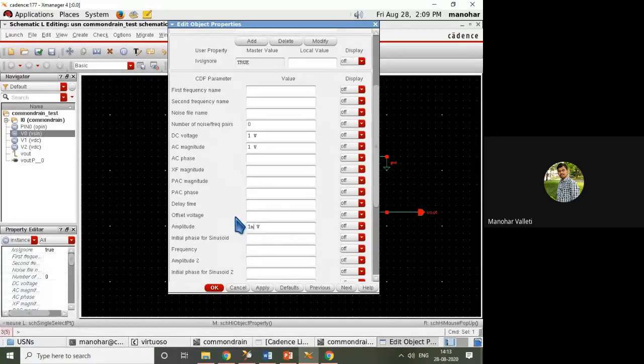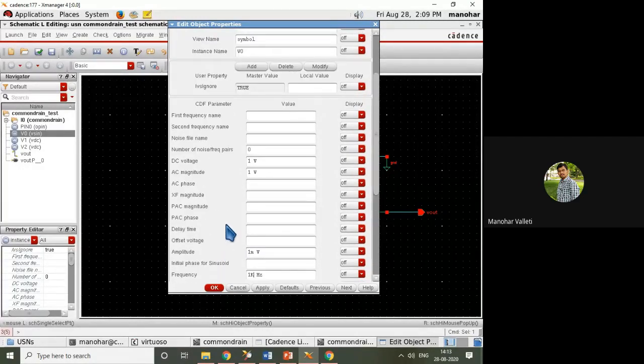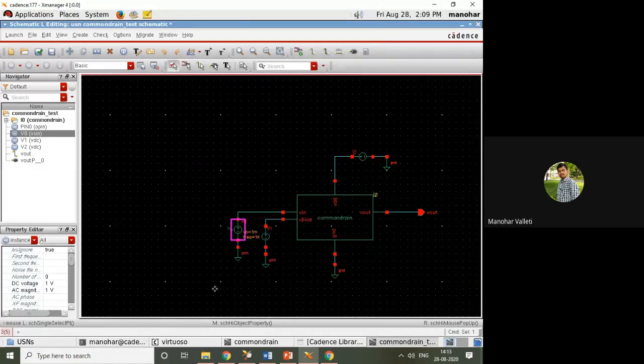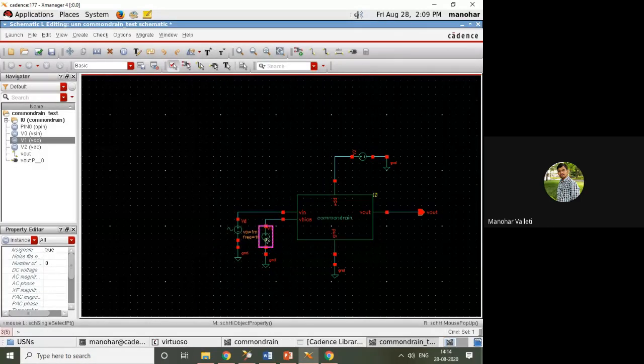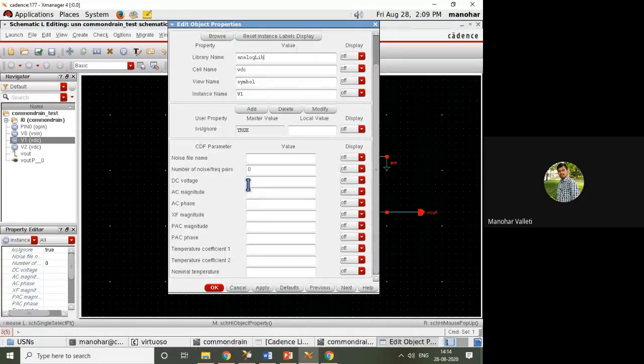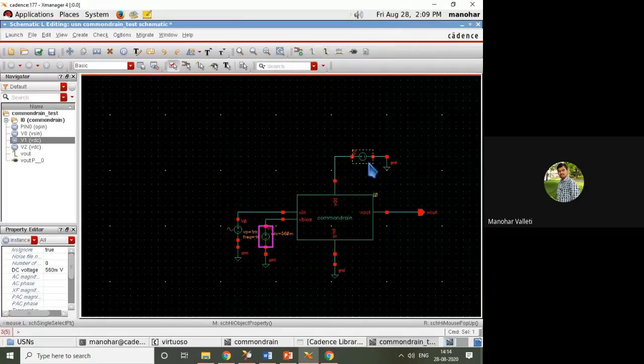As you know, when you type any units, the units will come automatically. Frequency 1k, so the unit will come automatically. These are the sinusoidal source settings, and to properly bias the bottom NMOS transistor to operate as a resistor, I'm giving 560 millivolts as the bias voltage.